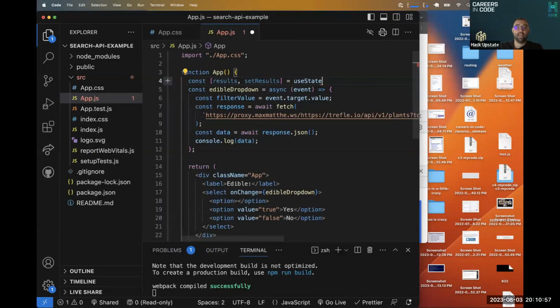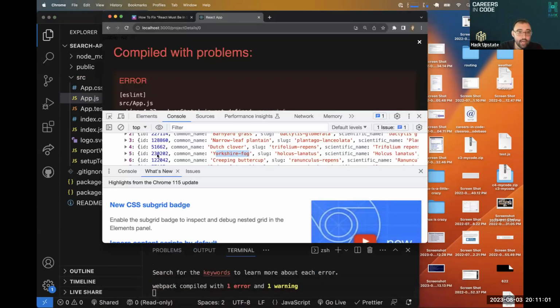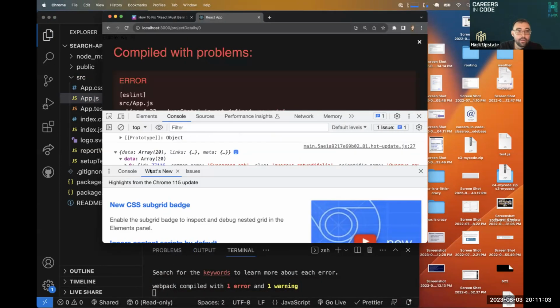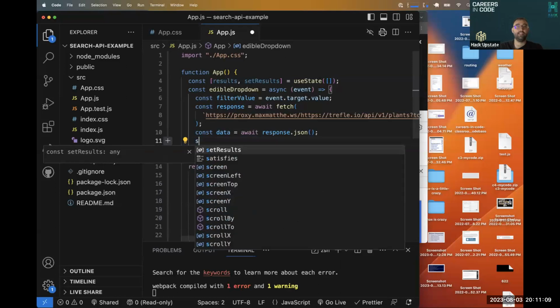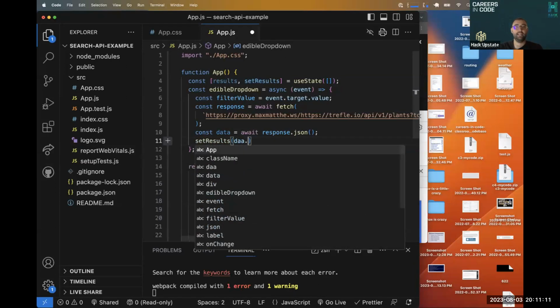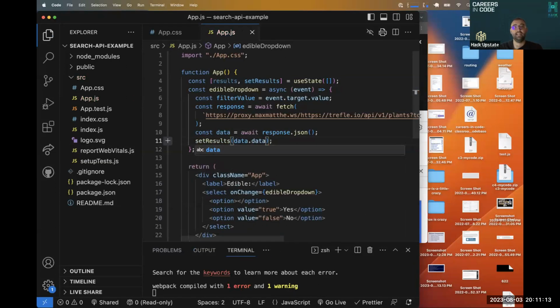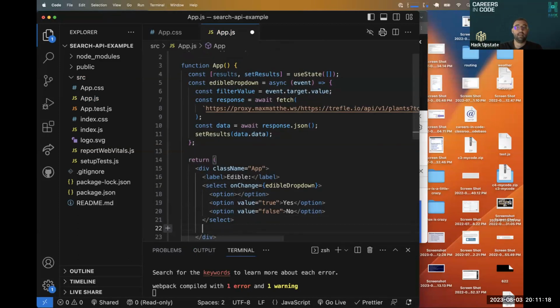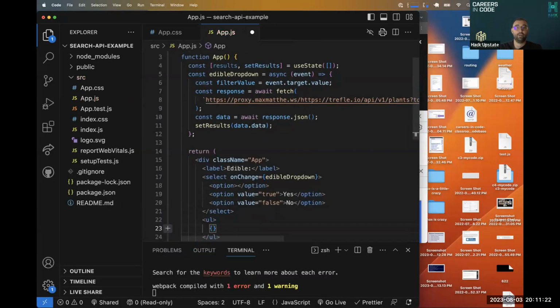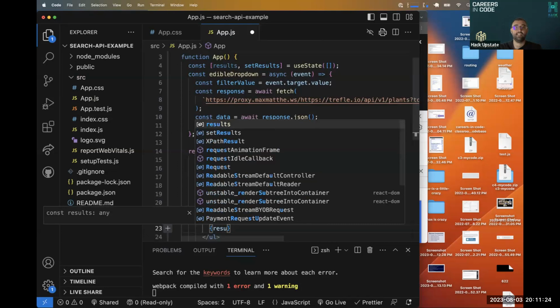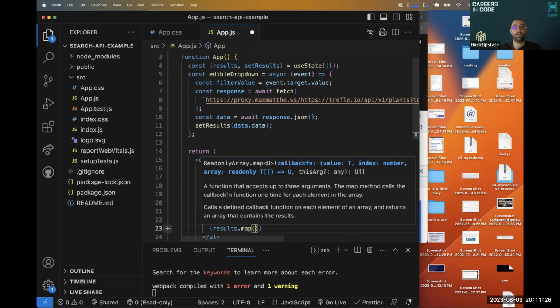I'm going to set my results to my data.data, because it's in an array called data. And then down here, I can put it all in a UL that is going to results.map over